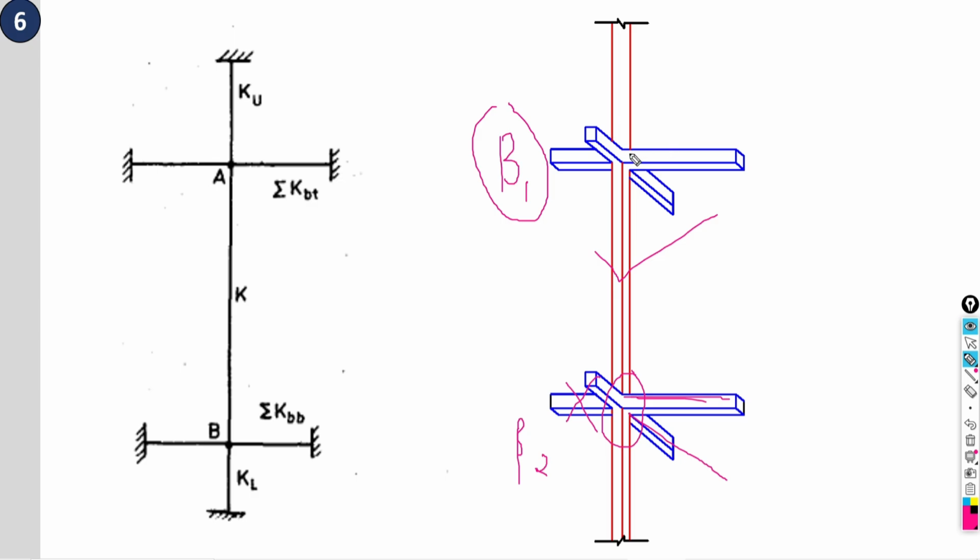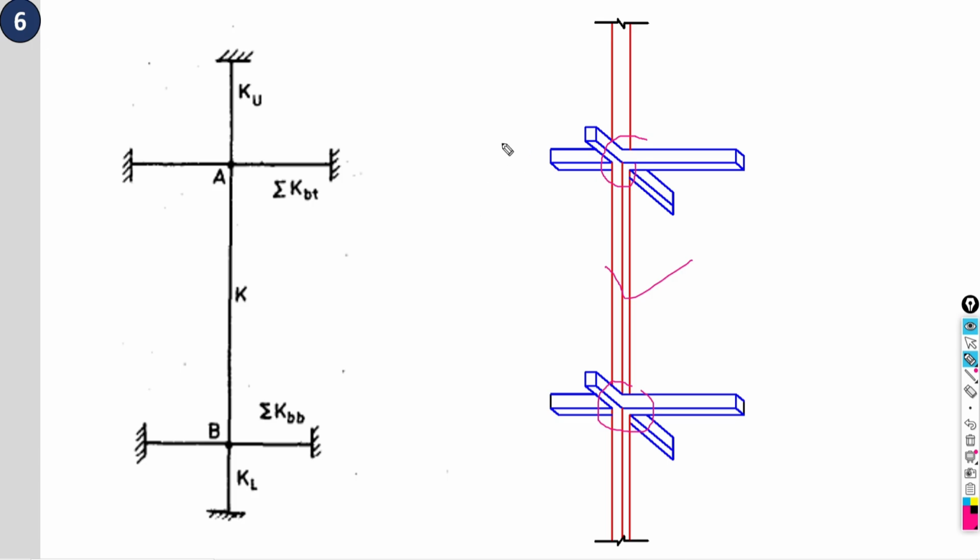Only from three directions the beam is coming, and at the bottom, from four directions, beams are connecting to the column. At that time also you cannot take B1 and B2 as same. But for our proposed structure, we have considered the beam connecting to this column from all of the four directions. Beam at this joint is connected from all four directions, and the column has the same size from base to top.